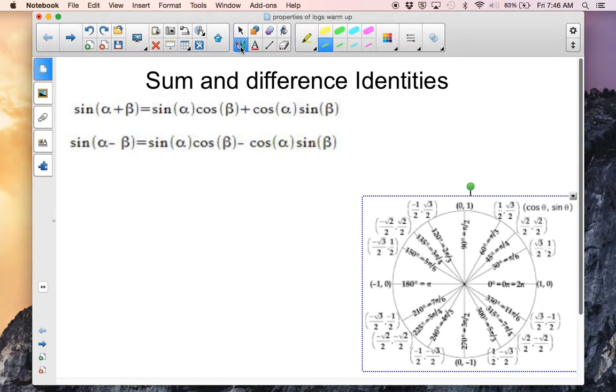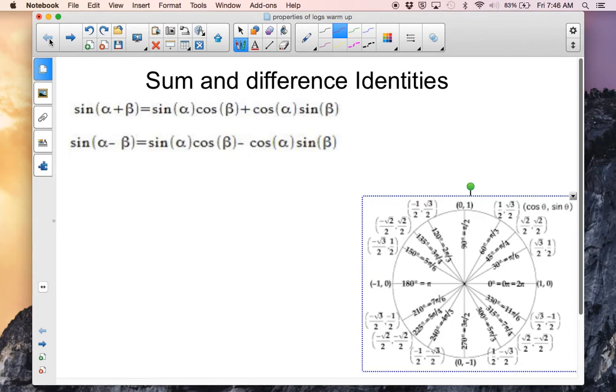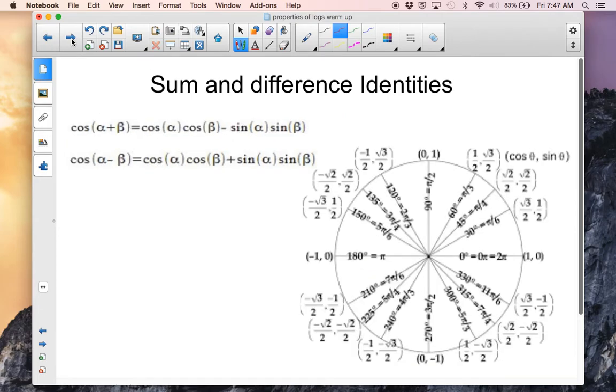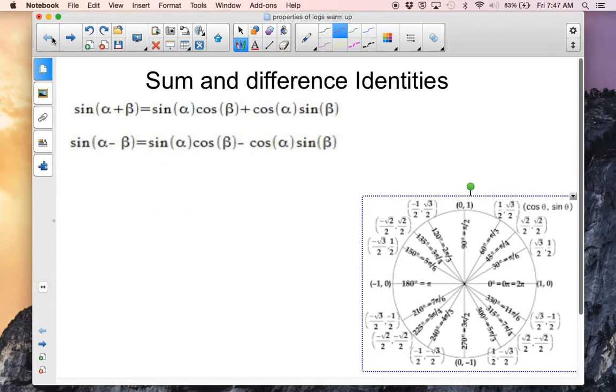Okay, so these notes are on the sum and difference identities we started in class the other day. First of all, you guys can scroll through the video, but there are 6 formulas: sine addition and subtraction, cosine addition and subtraction, and then tangent addition and subtraction. So I'm going to go over an example with you guys for